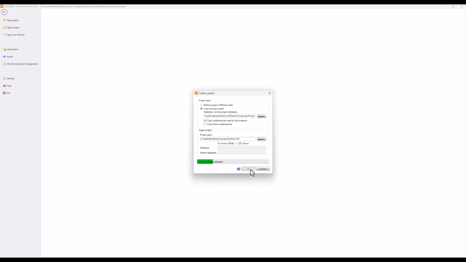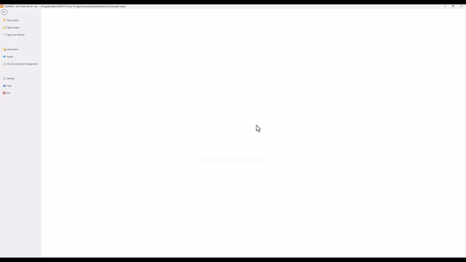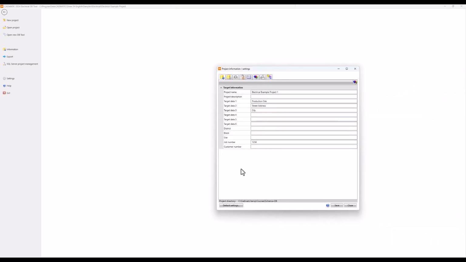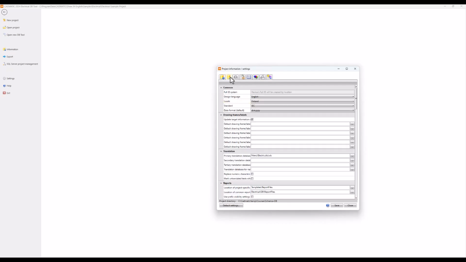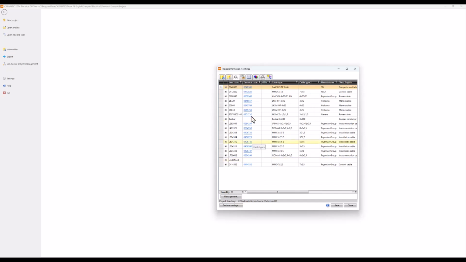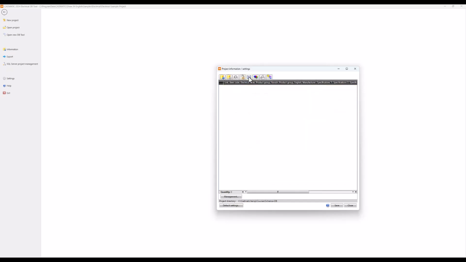It will do some copying. And now I used the existing project from this location. This is the example project that I will copy. Let's see what I will get. Well, first of all, the project settings are pretty much the same I made there on this day's training. Report locations, yeah, they are there. Cable types, as we had already. Product information. There is even the